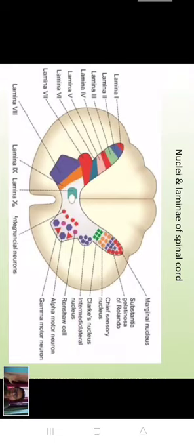At least three to four times in today's lecture I have repeated this, and previously I have told it as many times as you like. Do you understand or not? Are you getting me or not? Which nerve comes out of the intermediolateral nucleus? Do you hear? Students, hello? Hello.